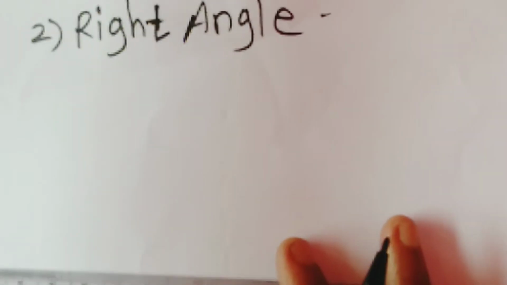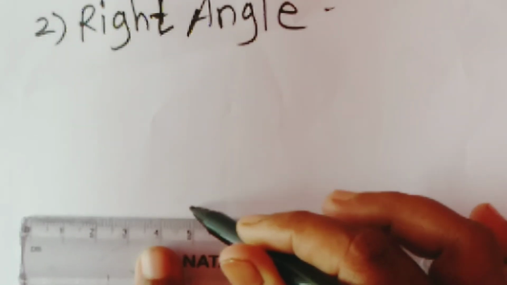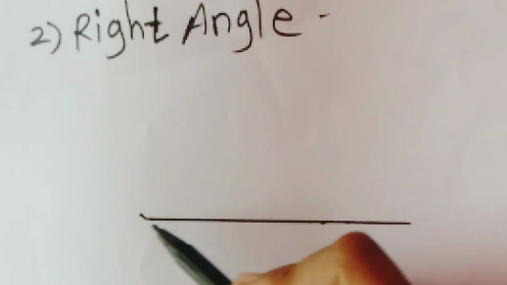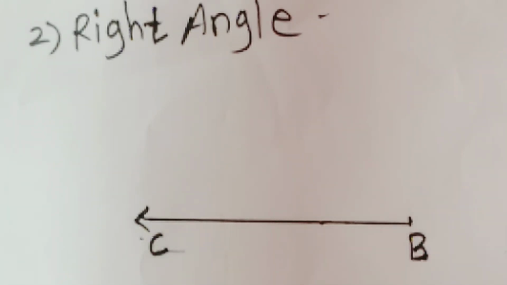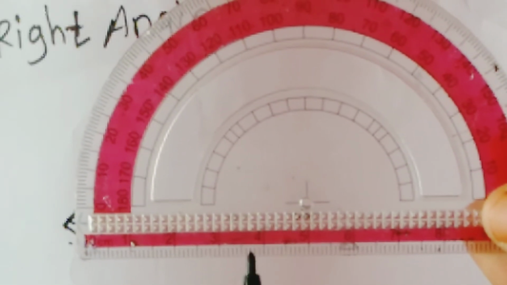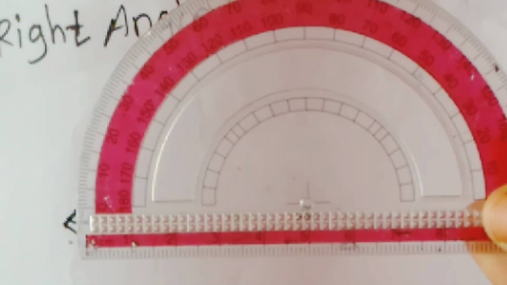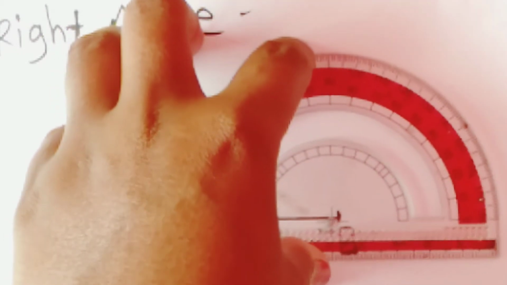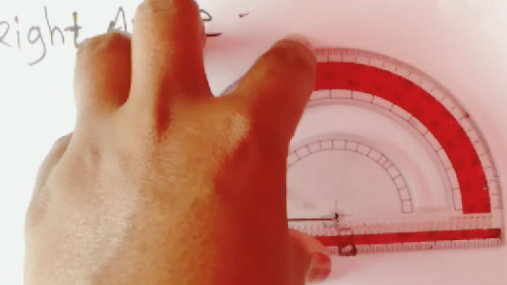First you have to draw one simple line here. I draw this line, this ray, suppose ray. Here I give an arrowhead. This is the point. Suppose I give the names B and C to those points. Then place the middle point of the protractor at the point B. Exactly, the lines should coincide with each other. See this line. Place your middle point of protractor here.